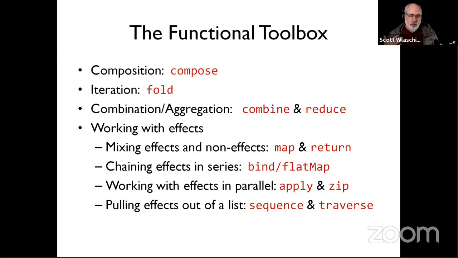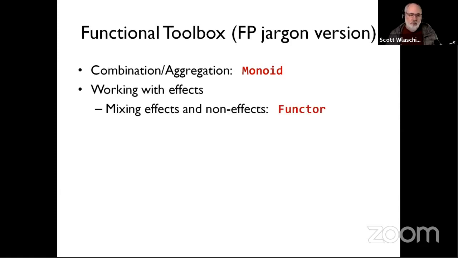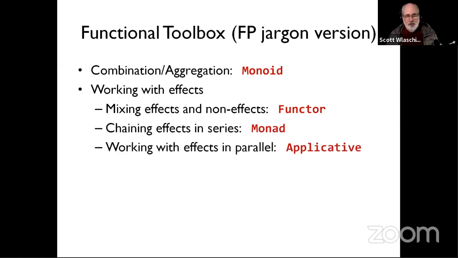And I'm using words that you might find in a library, like map or combine. Now the jargony words, there's more complicated versions of these. Of course, this is the functional programming jargon: to use a word like a monoid when you combine things. Rather than just combining things, you call it a monoid. And when you're mixing things together, you might call it a functor or a monad or an applicative. So that's the jargon. But I'm going to try and avoid using the jargon too much, and try and focus on the core concepts of why